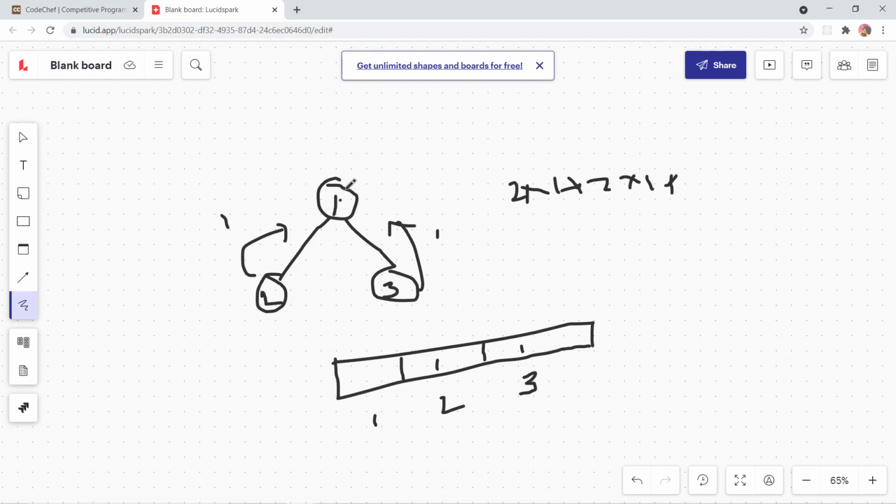Then my itself 1 value is there, that is u equals to v, so I'm gonna add this up. So this is nothing but 2 into 1 plus 2 into 1 plus 1, which is 5. So 2 into 1 plus 2 into 1 is 2, 2 plus 2 is 4, 4 plus 1 is 5. I'm going to say that okay, I can make 5 here. Now this can make 5, this can make 5, this can make 1, this can make 1.